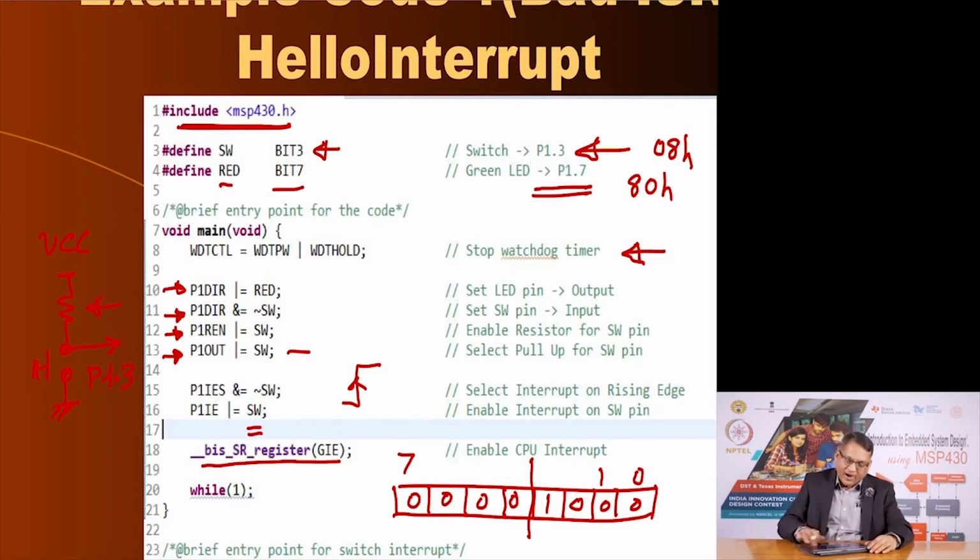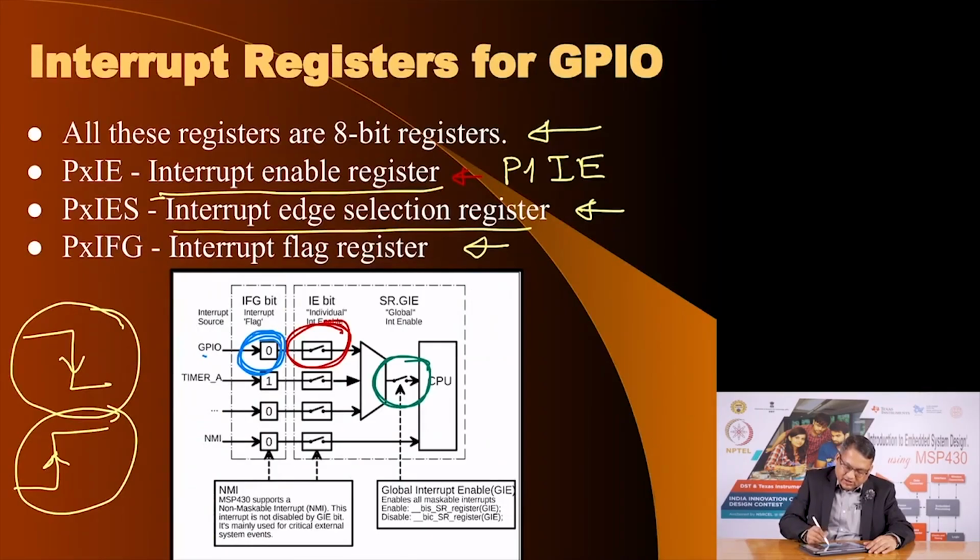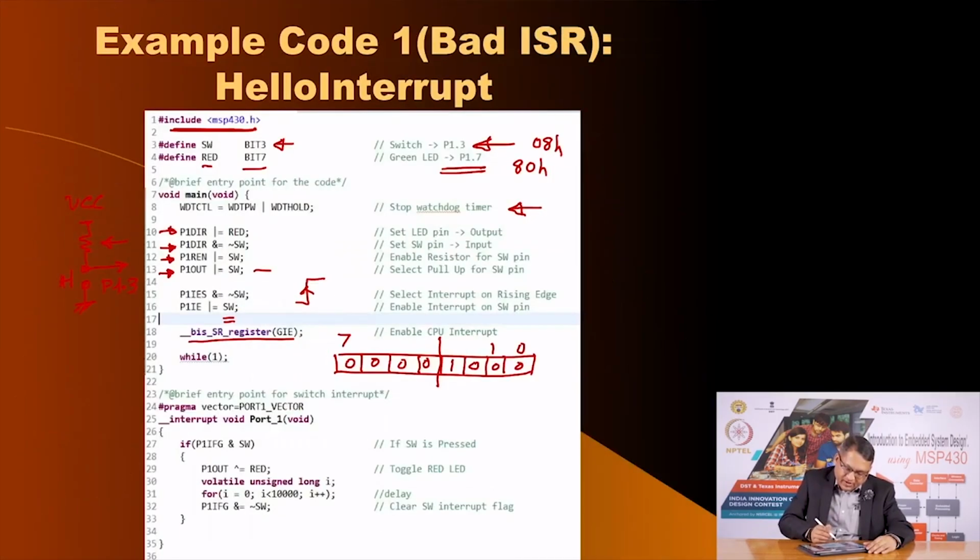Now, I am ready. If I go back to that block diagram, basically what I have done is, using that instruction I have turned this on, and with the earlier instruction I have enabled the particular bit. Now, we are ready to do something in the main program, but in this particular case there is nothing to do, and so we will simply, as you see here, wait in an infinite loop, while 1. So, your main program is doing nothing, waiting for something to happen, and in this case that something is an external interrupt which will be generated because you press the switch on port 1.3. When that happens,